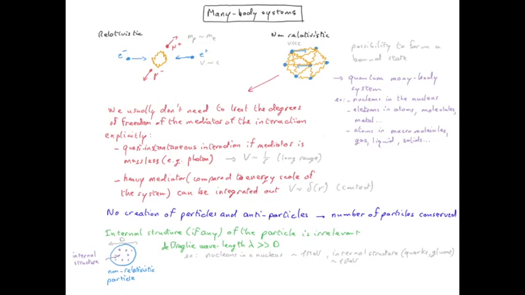Similarly, if we take a system of cold atoms, we are probably talking of kinetic energy of the order of the milli-electron volt. And that has to be compared with the internal excitation of electrons going from one shell to the other inside the atom, and that is of the order of the electron volt.